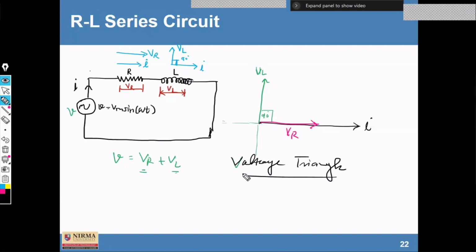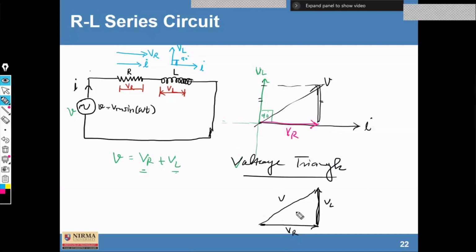The meaning of voltage triangle is that we can have the triangle of voltage representing VR. Now, similarly, we can draw the parallel vector here. So we can have another parallel vector here, that is VL, and by joining these two, we can find the resultant one, that is V, by the law of parallelogram. So if we know these vectors, using the law of parallelogram, we can find the vector V also.